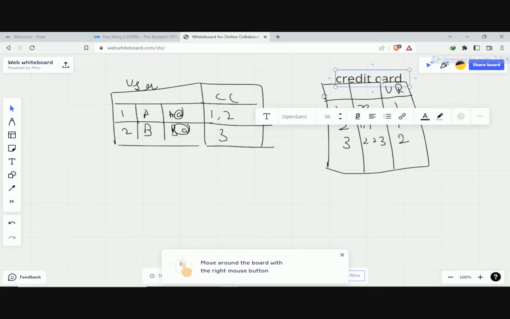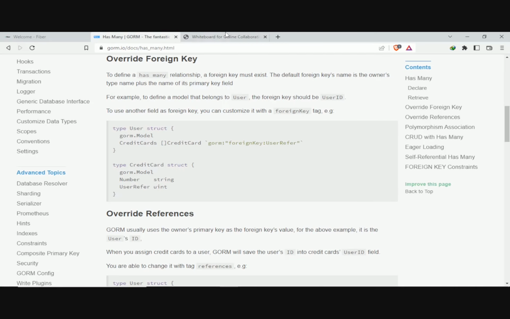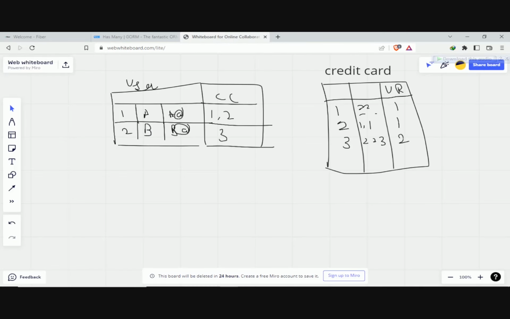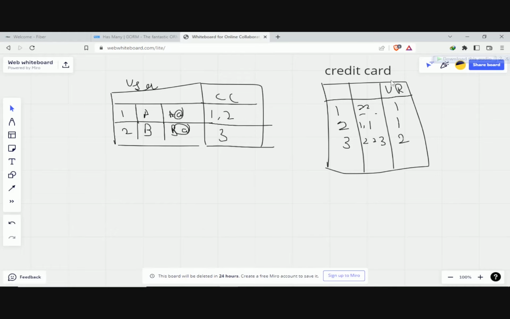So every credit card table will have a field of user refer, in which they will have the user ID to which the credit card belongs, and every user will have a list of credit cards that belong to it. Like if you look at the user table,